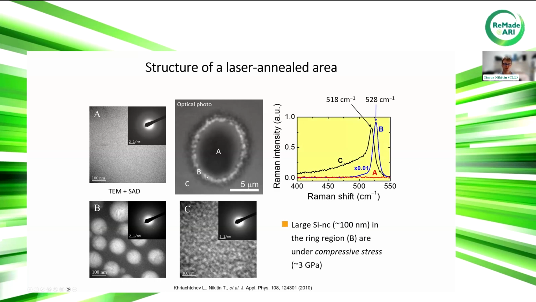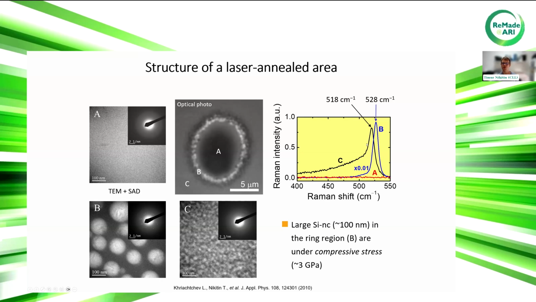These three areas were also studied by Raman spectroscopy. They have different Raman shifts. In the area inside the laser annealed area, we don't see any signal. The signal is very low, and it just comes from the silicon dioxide. From the C area, we can see a Raman band typical for silicon nanocrystals of that size, about 3 nanometers, at about 500 centimeters. And here, this 528, you can see the Raman shift coming from this ring region,